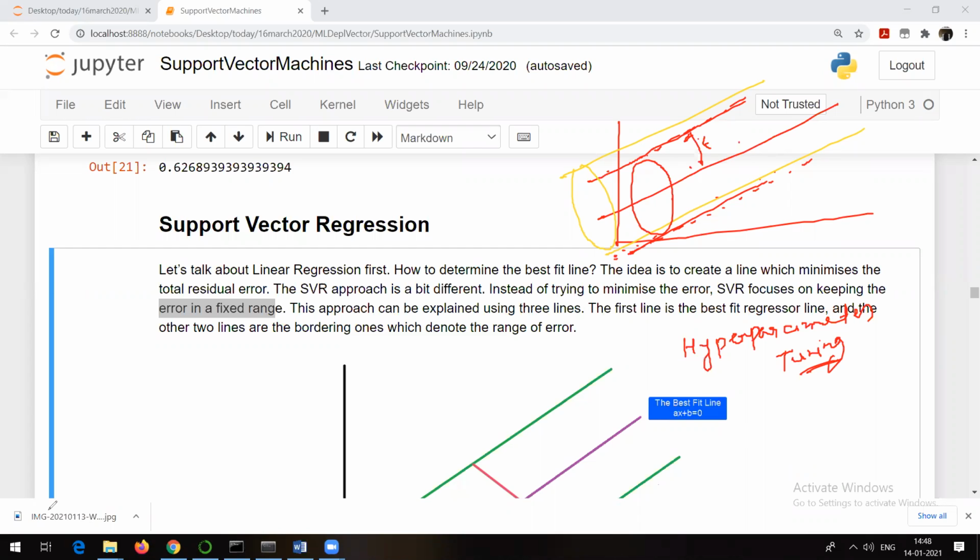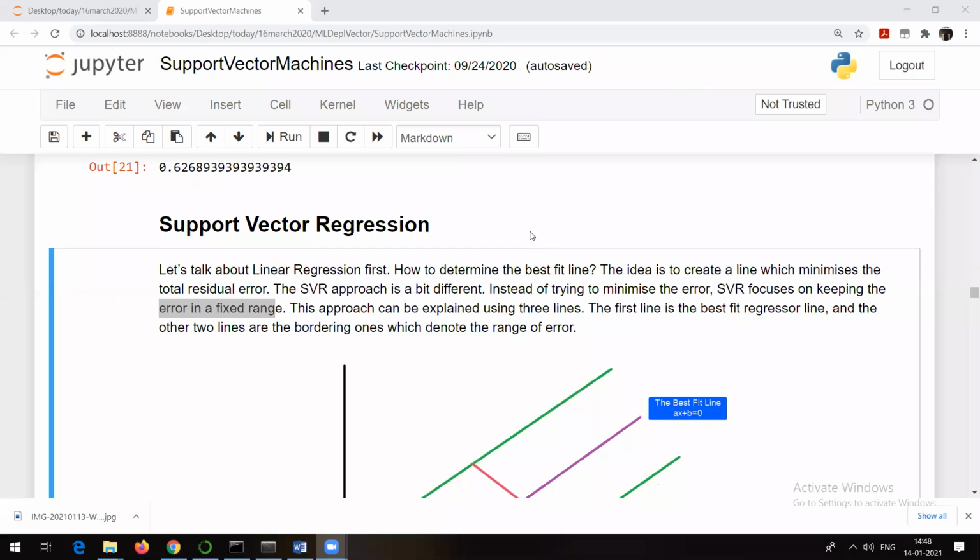For example, in SVC, we tried to get the value of C and the value of gamma, if you remember. We passed multiple values to this and multiple values to this. Whatever was the best value, the algorithm chose that best value according to the data set. That is nothing but hyperparameter tuning. Something like this will be done in the case of support vector regression, and whichever lines give the best result, those lines will be chosen.